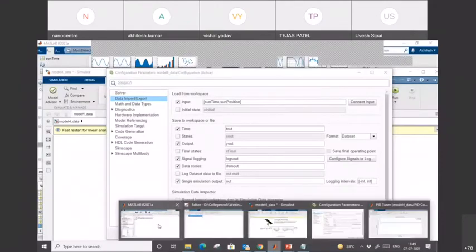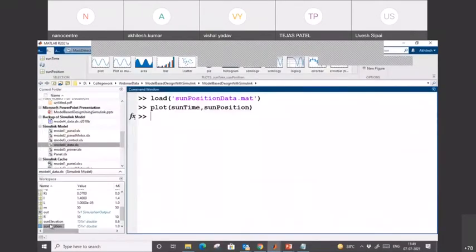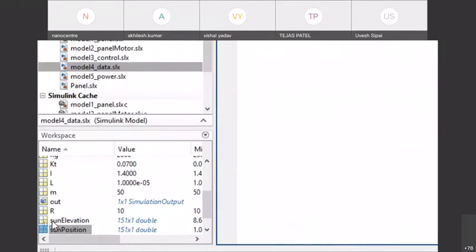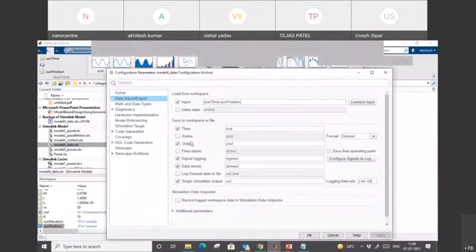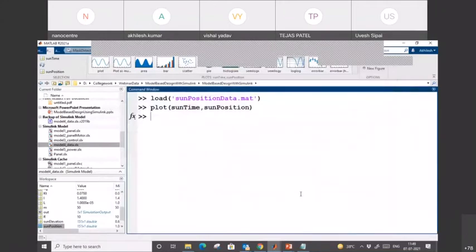So this variable you require in your workspace. In the workspace I have it. It is case sensitive, so remember E is capital. You have to write it as it is here. So the first column will be your time, and the second column will be the output with respect to the time. So in this case, that is the sun position. That's all we had to do.